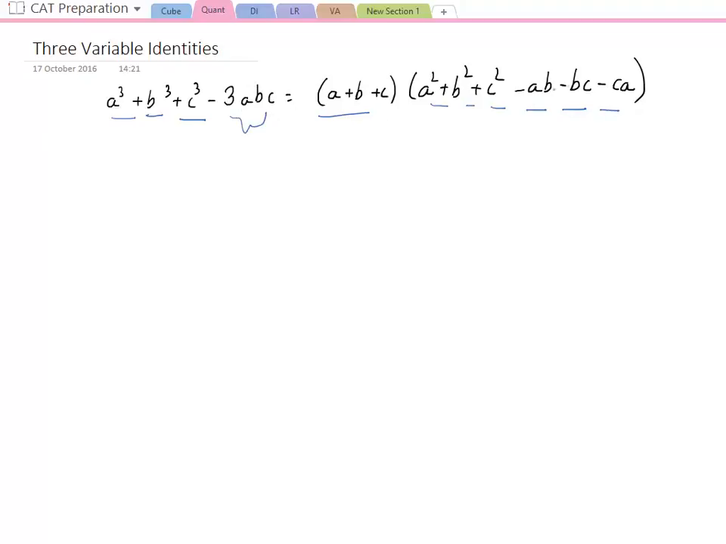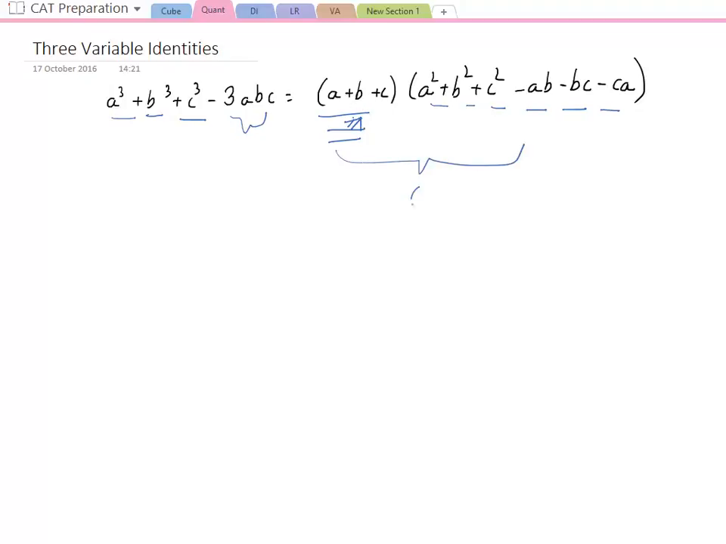So you can take it on the other side also, and you can write it at the end as plus 3abc. The reason why it has been written here is because many times the application of this equation is such that you'll be given a question where a plus b plus c is equal to 0. When a plus b plus c becomes 0, when this term here becomes 0, then the entire right hand side